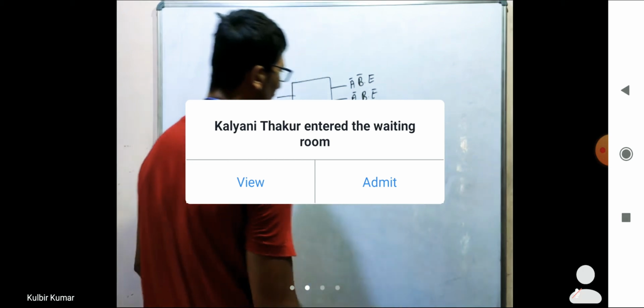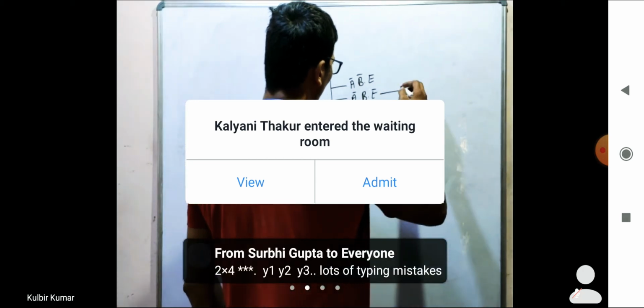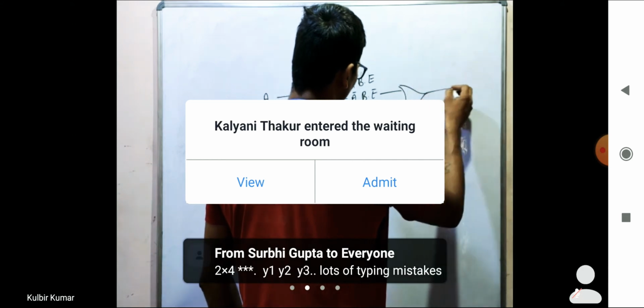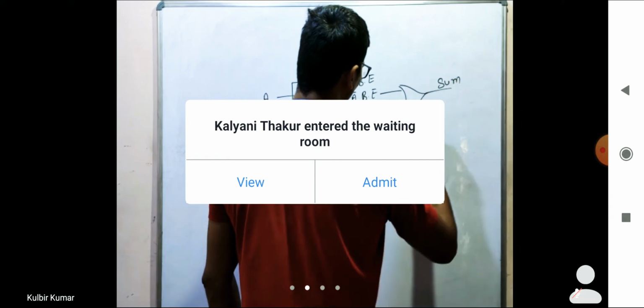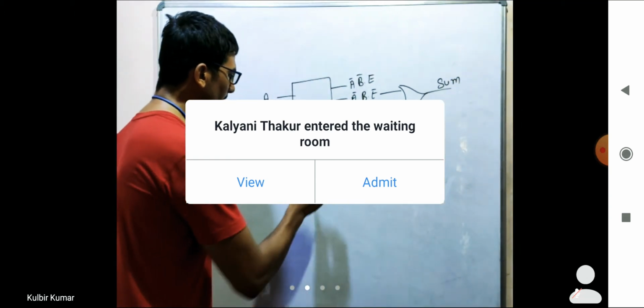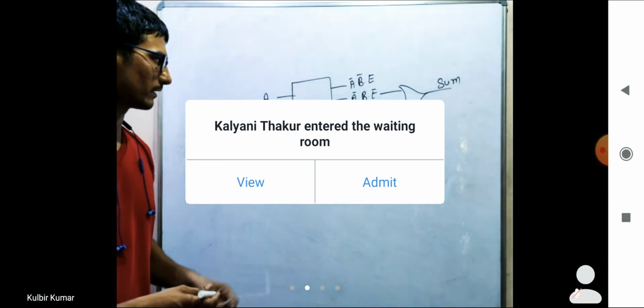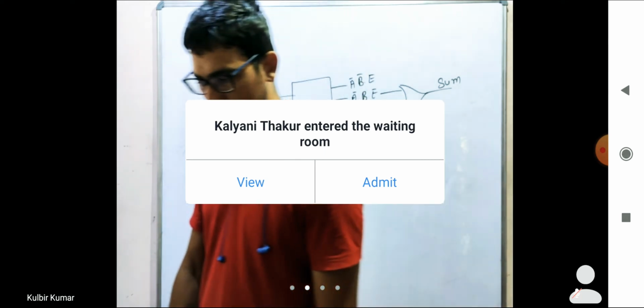That's it. So simply, if you take the OR operation of these two, it is nothing but the XOR operation, and this is nothing but the equation of sum, and this is carry. That's it. And simply, instead of E you can put 1. If it is 1, then it is always enabled, and based on A and B, it will give you the output only.